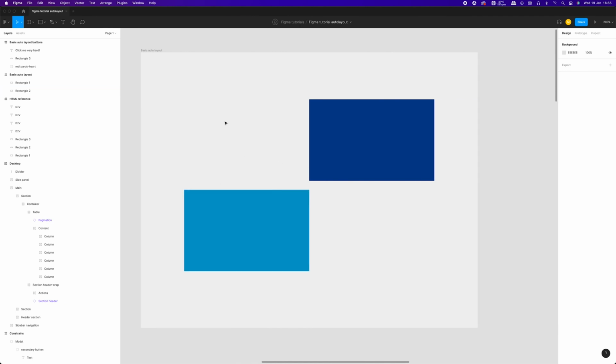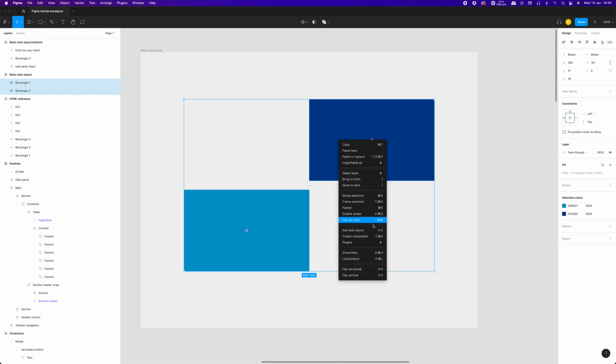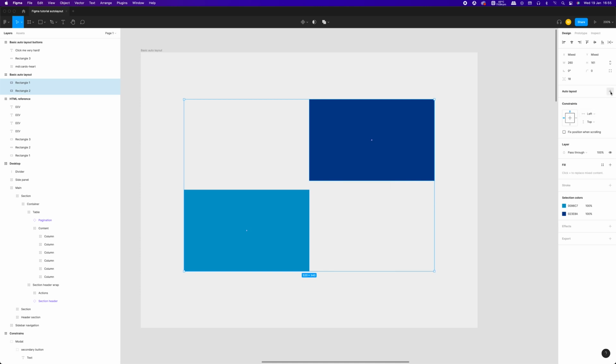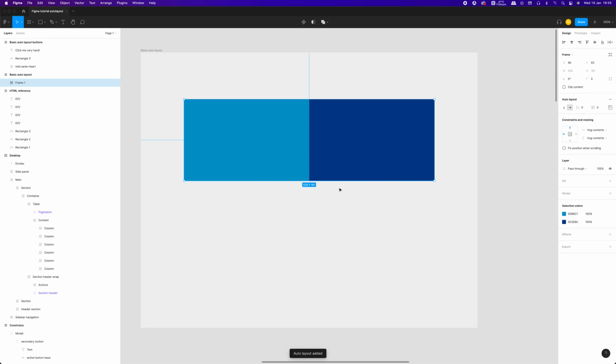This is great when you need to add new elements, accommodate longer text, or maintain alignment across your designs. To use auto layout, we need at least 2 layers or elements. First, select those 2 layers. Now, you can create auto layout in several ways. You can right-click and select auto layout from the menu. You can also click plus at the properties panel, or you can use a shortcut. On Mac, it's Shift+A. As you can see, our elements group together and change their position.